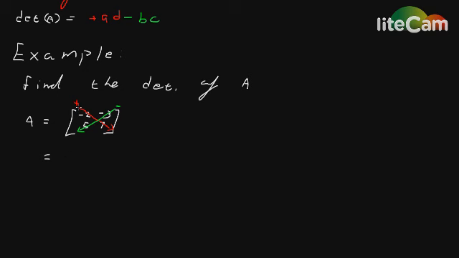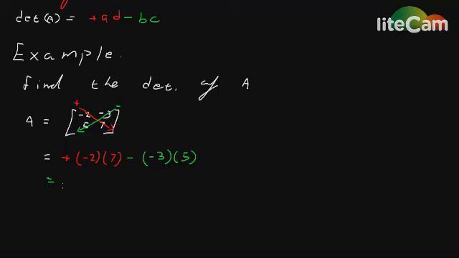So let's do that. We're going to multiply this diagonal first, sticking a plus in front. So we're going to have plus (-2) times (7), and then we're going to multiply these two with a negative in front. So we're going to have minus (-3) times (5),